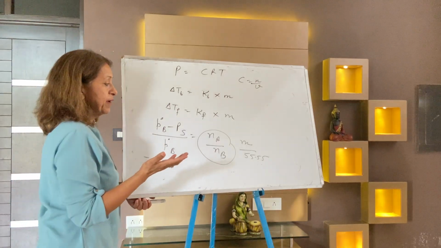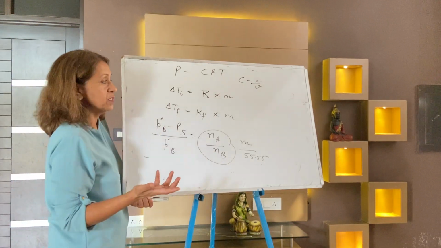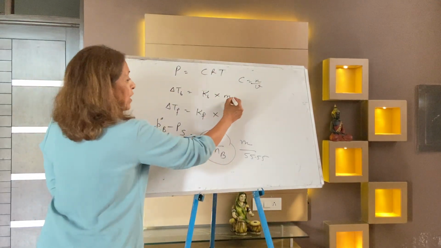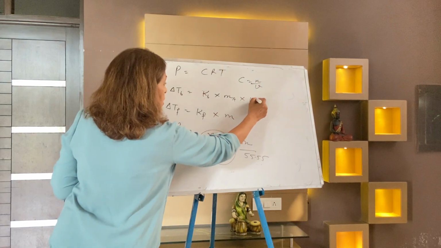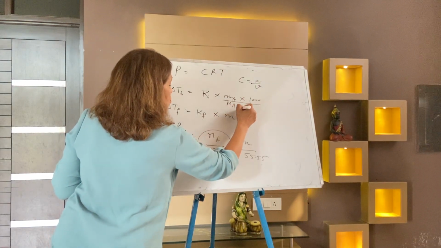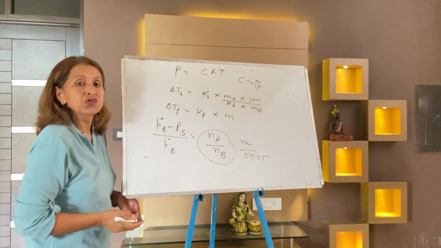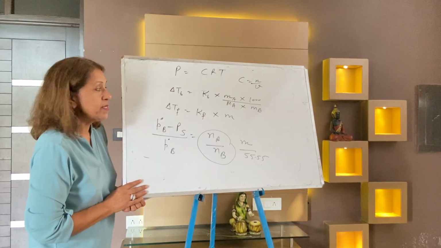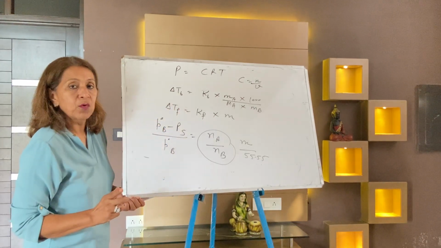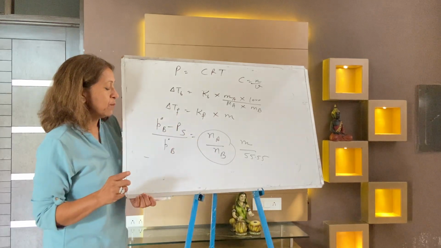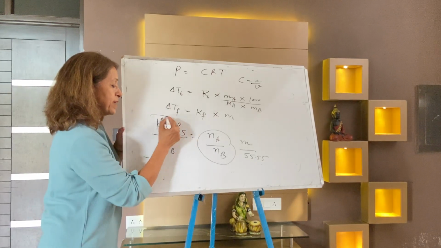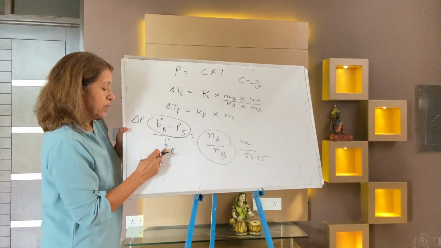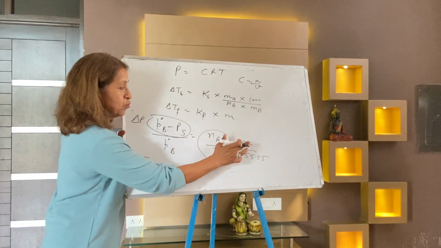After all, when we solve MCQs and very important questions, then you will come to know how you use these formulas. And you know what molality is? Molality is the mass of solute, A stands for solute, into 1000 by molecular weight of solute into mass of solvent. A is solute, B is solvent. So these are your 4 colligative properties. Delta TB is elevation in boiling point. Delta TF is depression in freezing point. P naught B minus PS is the lowering of vapor pressure, delta P. P naught B is solvent, the direct formula.